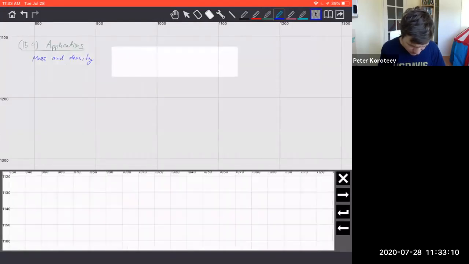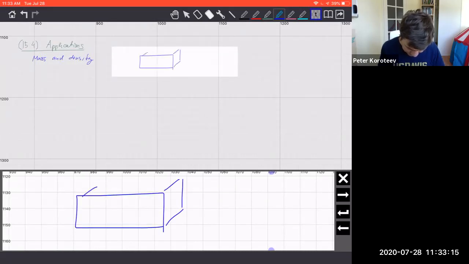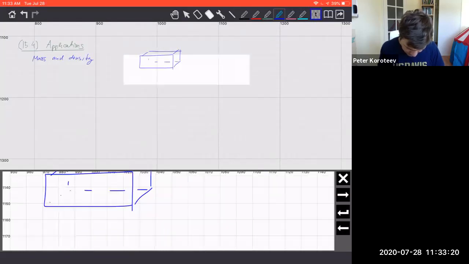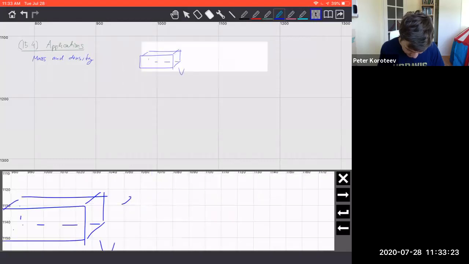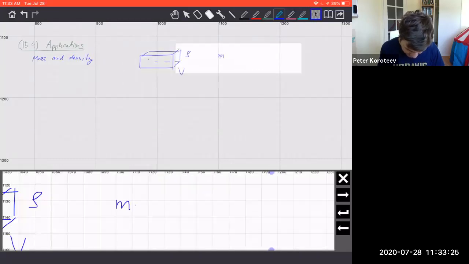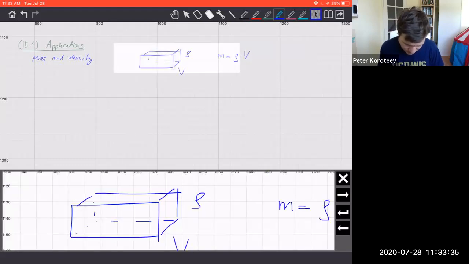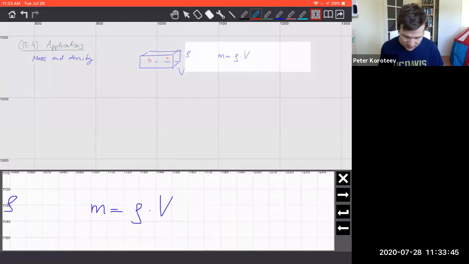So if you have a solid, let's say, a brick of metal or whatever, and you know its volume, right? And you know its density, right? So you know that the mass is equal to density times the volume. Or you can use this as a definition of density. If you know that this material is uniform, which means that if you pick a small portion here or a small portion there of equal volume, they would have the same mass, then this will be the formula.